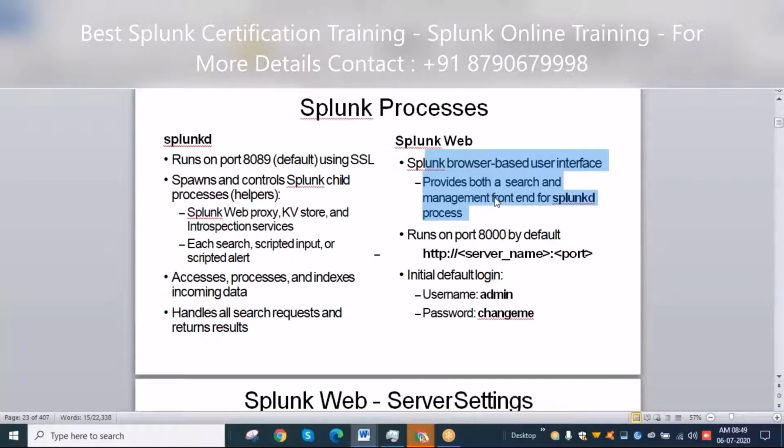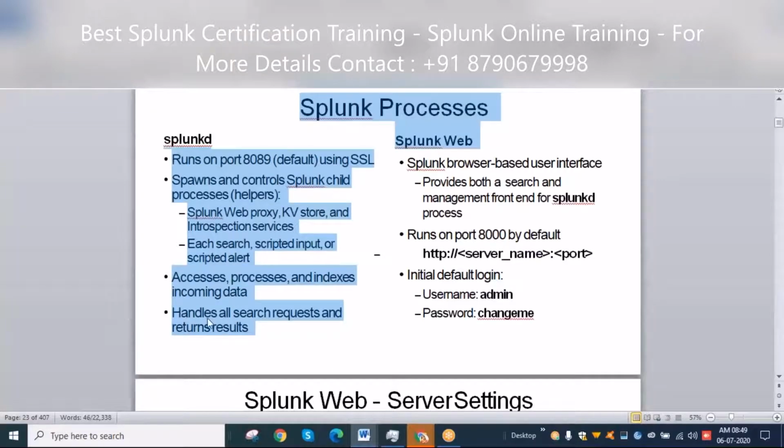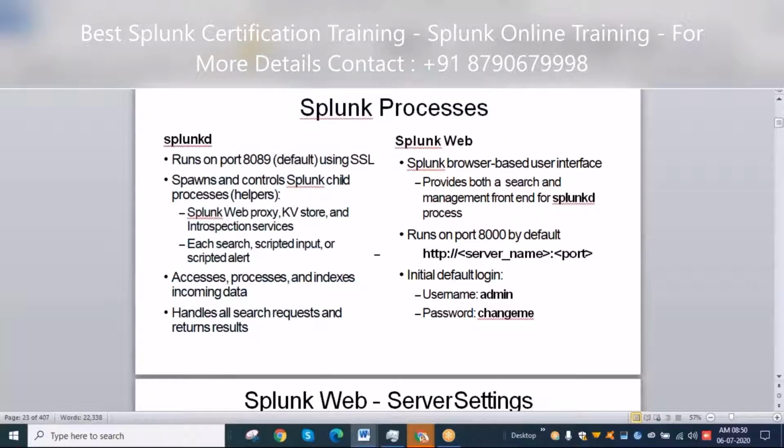In the backend, it will access all the indexes, incoming data, and processes. It handles all such requests and returns results. When you write a query in the search head, it takes that query to the indexes and then provides us results.